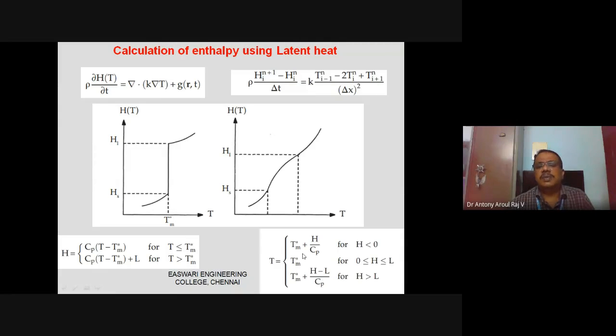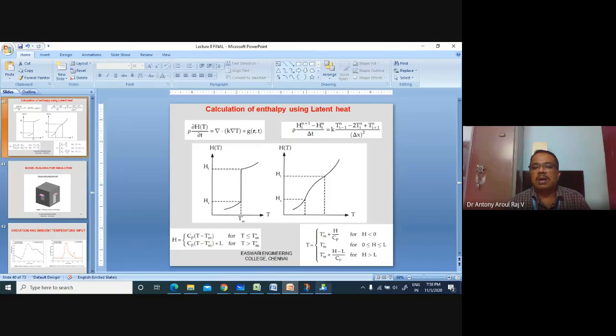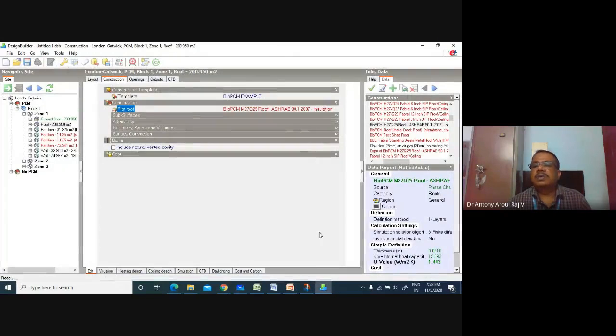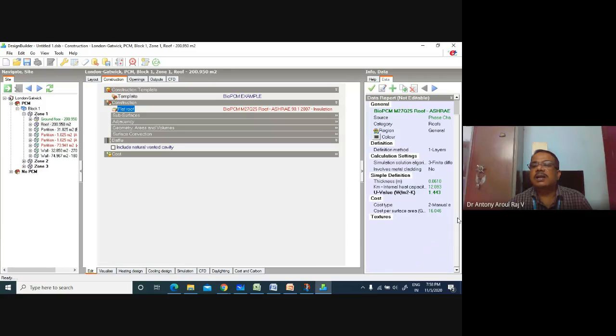For our case, there will be a melting temperature range, with solidus and liquidus. The simple concept to understand is that you have to give the enthalpy as a function of temperature. Even in DesignBuilder, we give the enthalpy as a function of temperature only. So here you can see, this is a bio PCM, a PCM material which is given. In this you can see how the